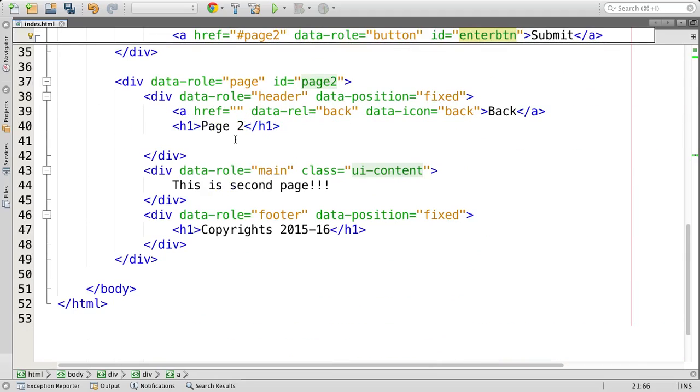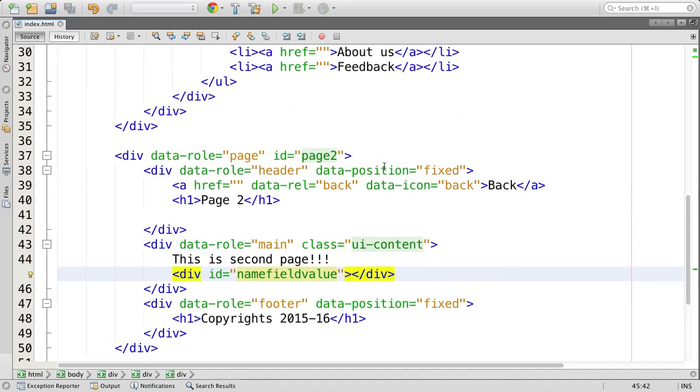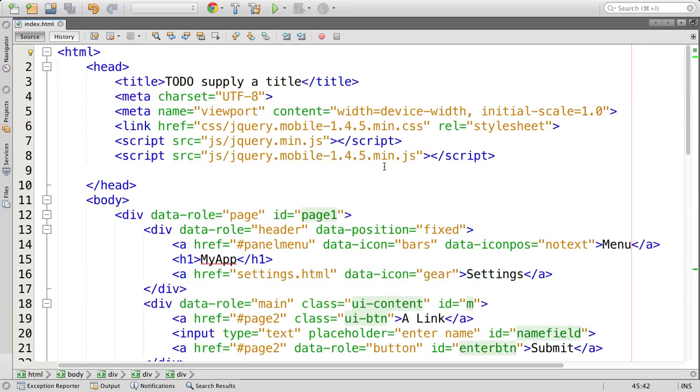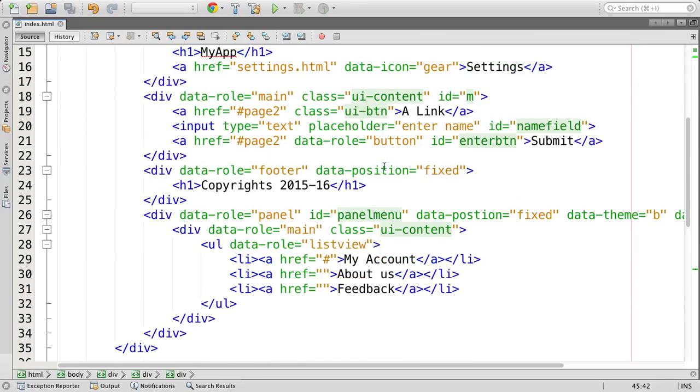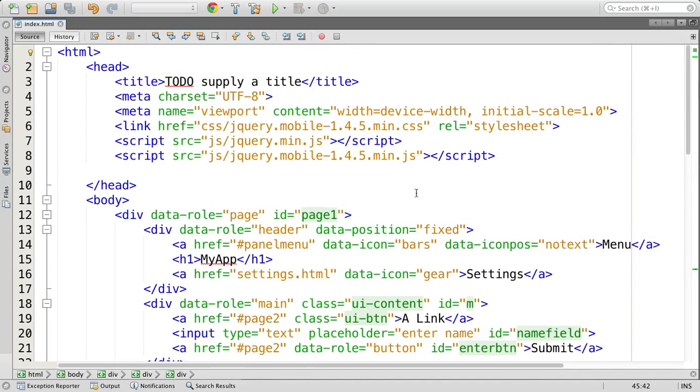Maybe in page 2 here I can have a div with a different ID. So just the name field value I want to display here. But I don't know how to display in this case, because typically in the previous condition we would click a button, the button is clicked and something will happen. In this case the href, no idea when the button is clicked. So I may have to either use a button instead of href. Otherwise there is an age-old technique we already have,